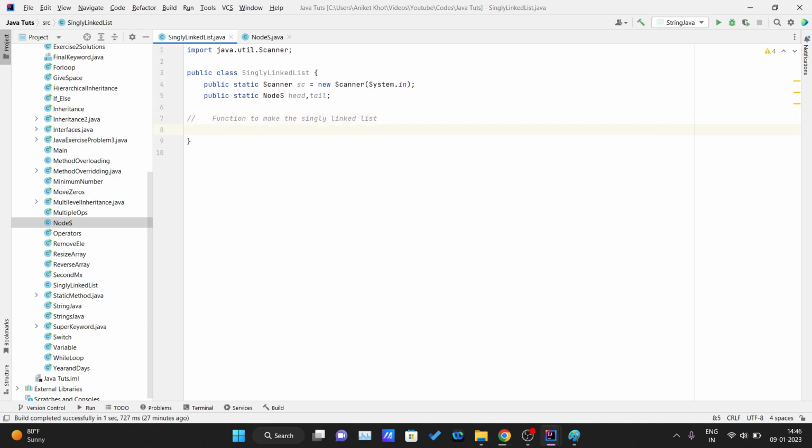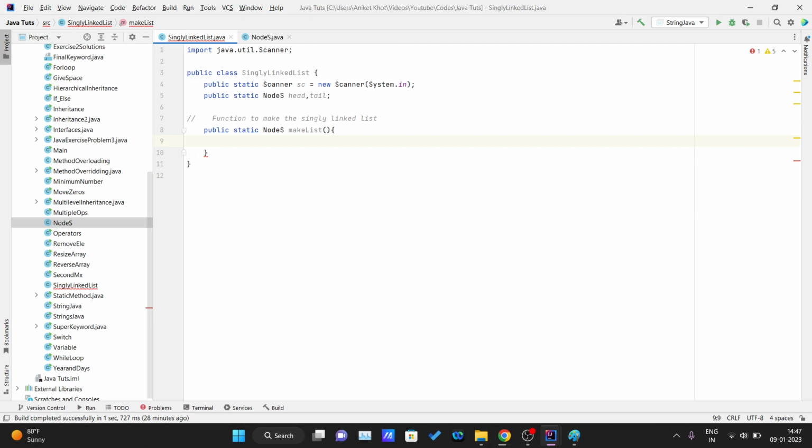Inside this, I will write my function public static NodeS, and I will name my function makeList. Here you can see public static NodeS is the return type,